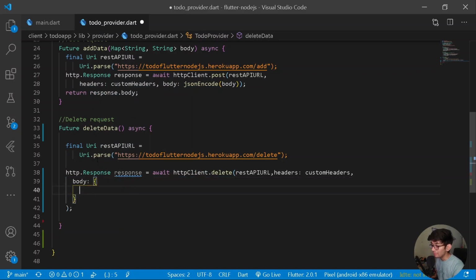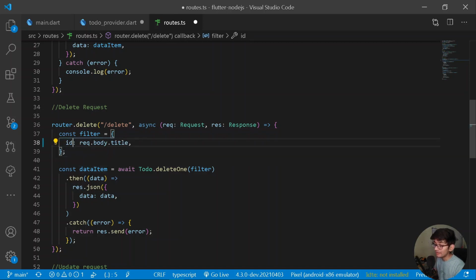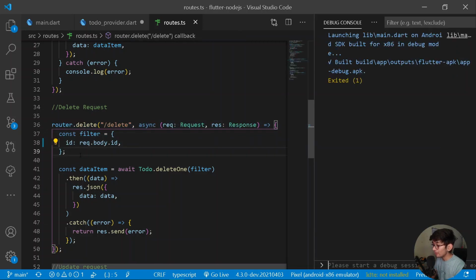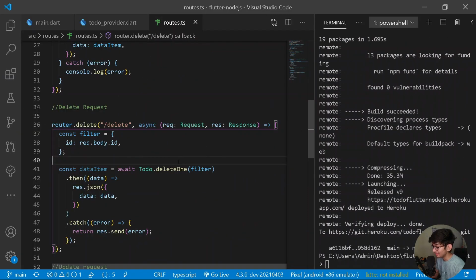But if you remember, while making our entire REST API, if I go here, under our delete method, we have declared that the filter should be title. But if you observe, we can have multiple titles of the same name and we don't want any ambiguity. So for that purpose, instead of title, let's add ID so that the following thing shall be more precise and clear. So now once we have added this, we need to deploy the changes on our Heroku. So here let's go under our terminal. Alright, let's commit all of our changes from here as well. Alrighty, our app is deployed one more time, with version 9.